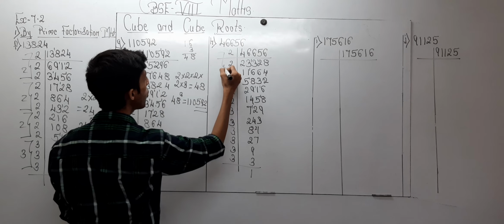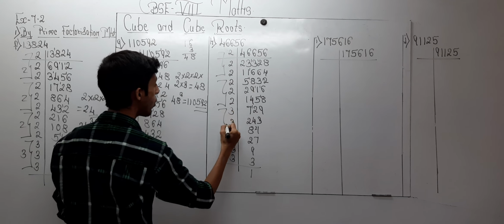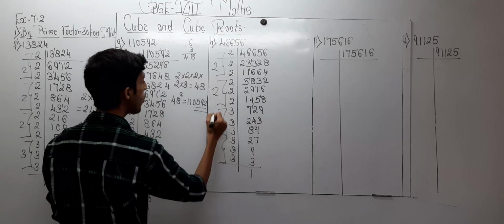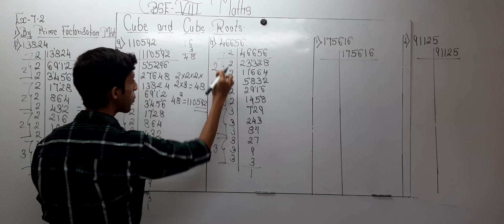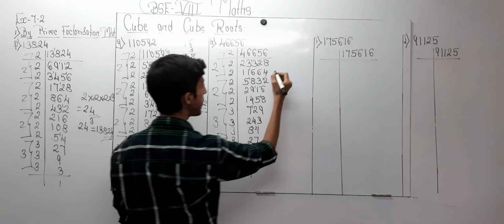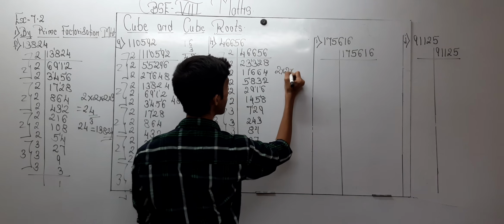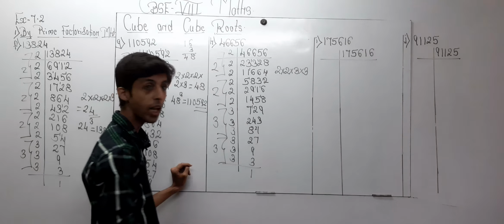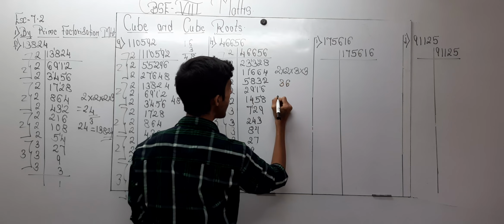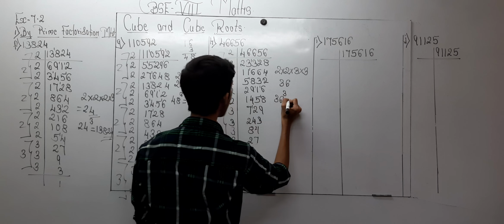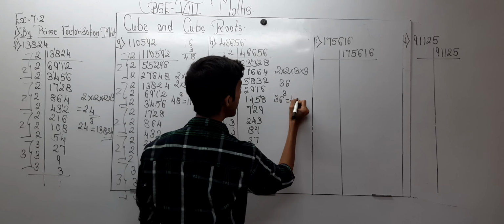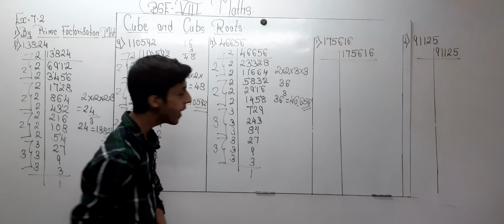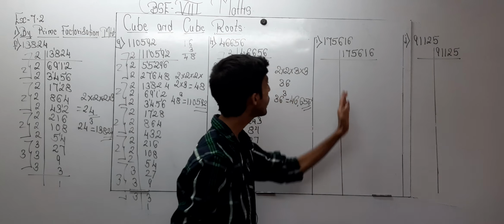Now a pair of 2, a pair of 2, a pair of 3 and a pair of 3. So over here 2, 2, 3, 3. So 2 to the 4, 3 to the 9. So 4 9s are 36. So over here I will write 2 multiplied by 2 multiplied by 3 multiplied by 3. So 2 to the 4, 4 9s are 36. So my 36 cubed will be equal to 46,656. Okay. Now moving on to question number I.